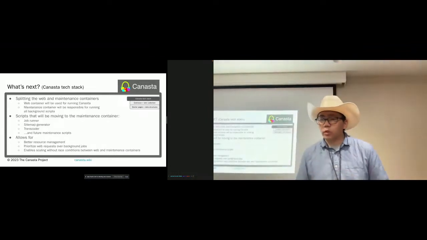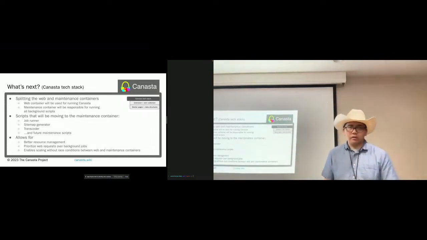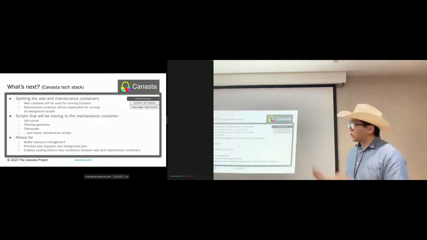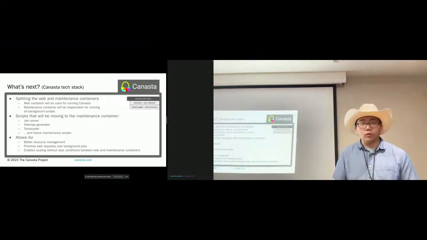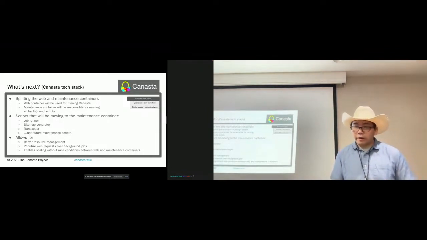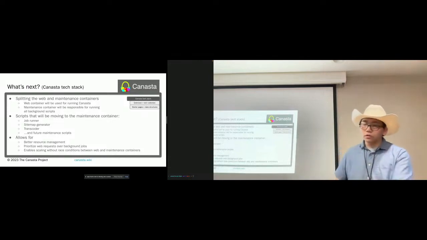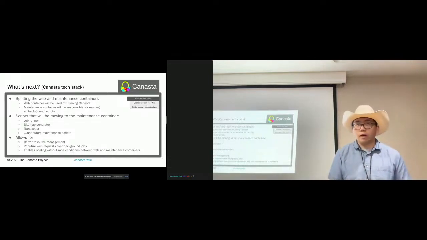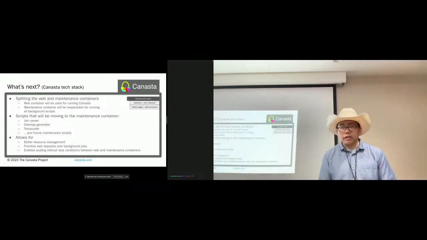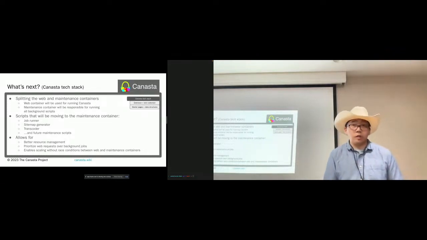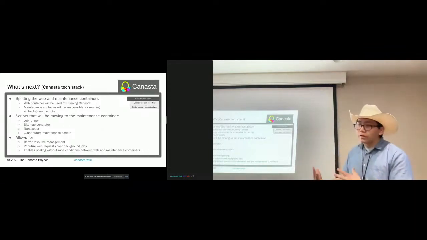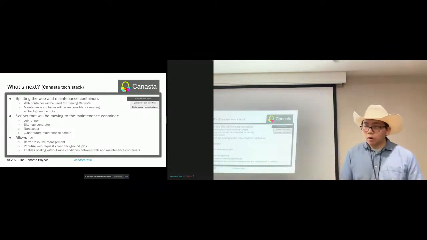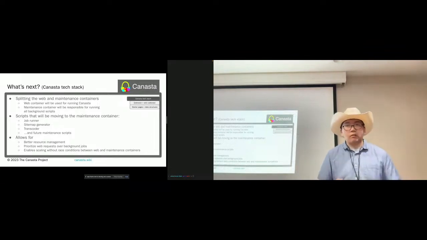One major change we intend to move towards is splitting the web and maintenance containers. Right now, all the MediaWiki maintenance scripts that run in the background live in the web container. In the spirit of Docker's one main process per container paradigm, this change would move scripts like the job runner, the sitemap generator, the media transcoder, and other scripts into their own dedicated container that runs PHP but not Apache. By separating these two containers, we can improve resource management and ensure requests are never held back by background jobs being run,